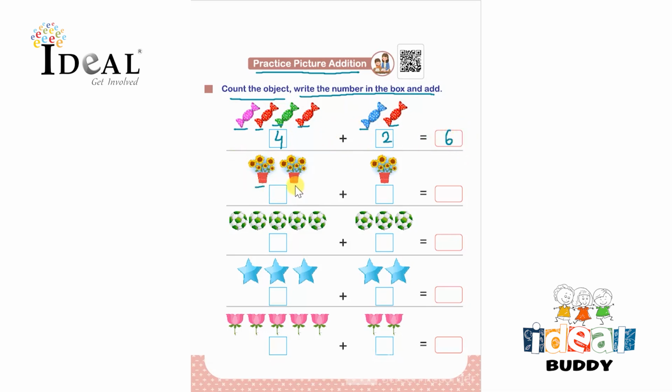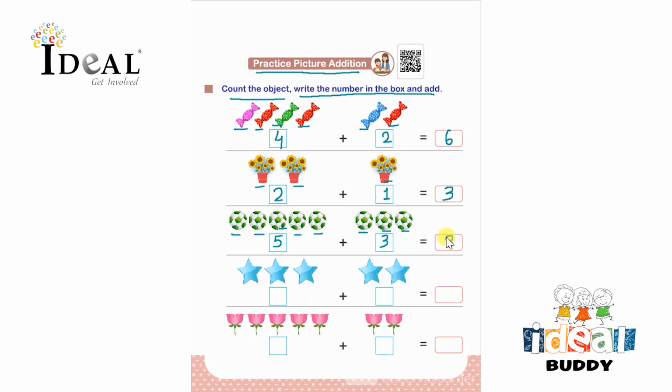Here there are 1, 2 objects. Here there is 1 object. So 2 plus 1 equals to 3. Or the child can also visualize over here by looking at the objects that are given, count them and then they can write it. 1, 2, 3, 4, 5. Here there are 5 balls. 1, 2, 3. Here there are 3 balls. So 5 plus 3 all together, when we put all these balls together, it is 8.